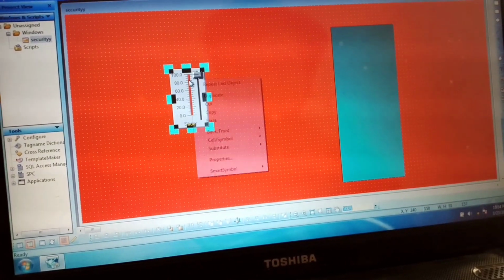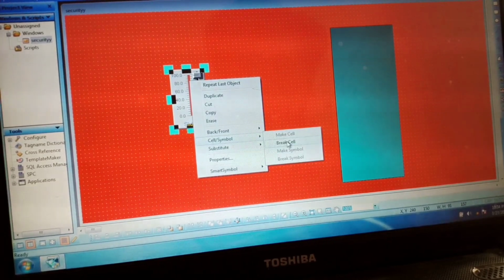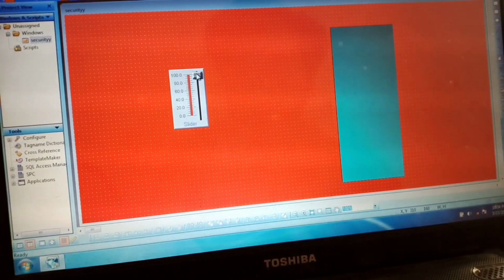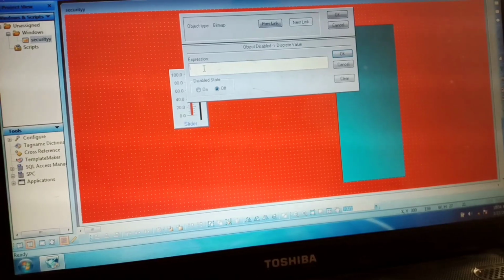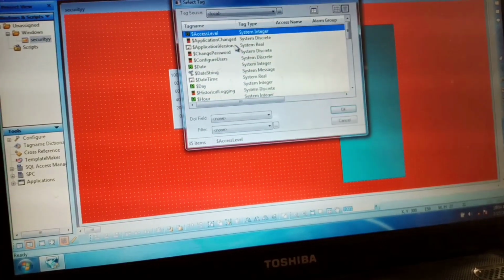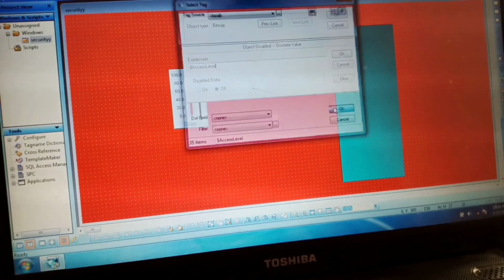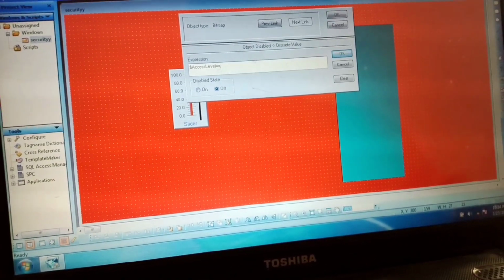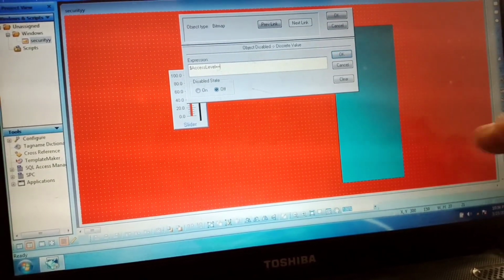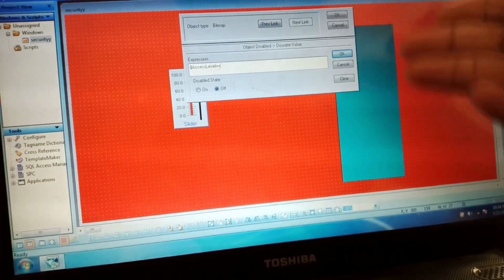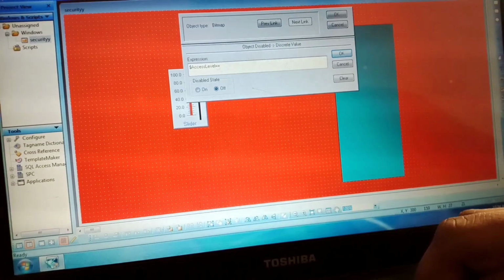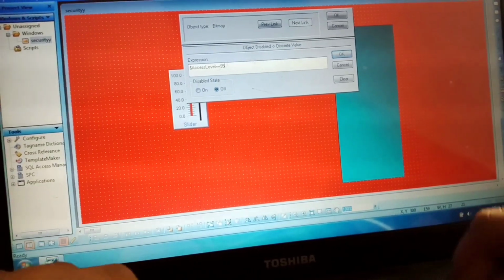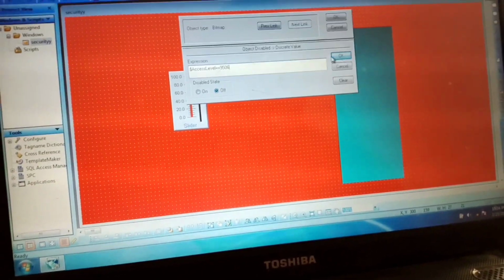Then what we can do here, we can break the cell of the slider and use the property only on this slider switch. Here we have to give the disable property. In expression you can double click and select access level first and OK, and here you can give double equal and insert the numeric digits that you put in your user ID and password. Below, what I have to write is 9506. I have to put it here and then click OK.